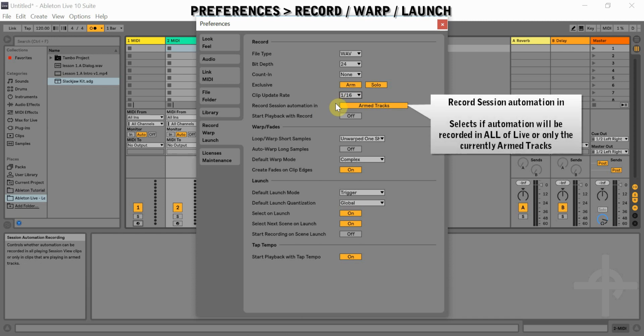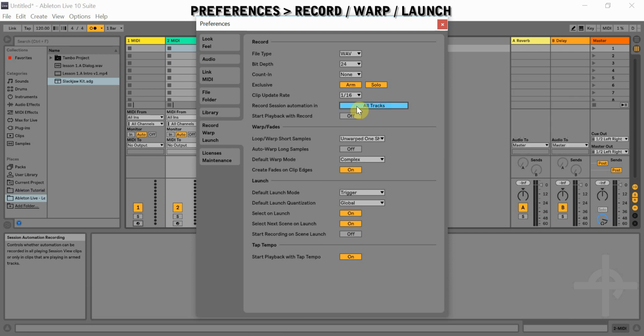Record session automation in armed tracks means that if you're recording automation, it will only record it into a track that's armed versus any track. This is probably useful for most people to keep on armed tracks only. You don't want to accidentally adjust the settings on another track while you're trying to overdub something on the one